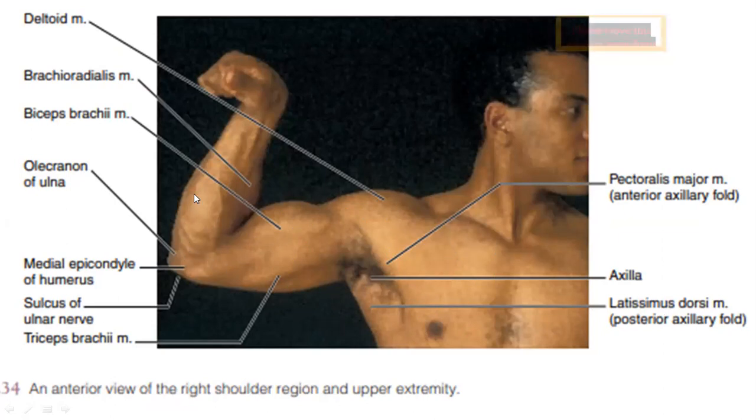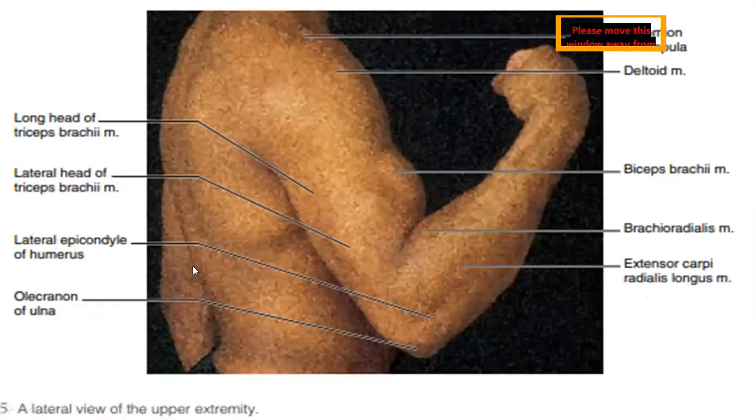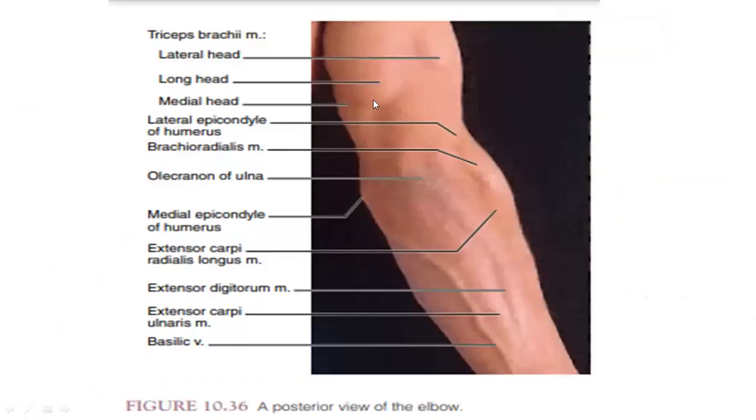The other bony landmarks we have is the olecranon process of ulna. We will try to see more clearly. Meanwhile, you try to palpate in your own body also. Again, this is the repetition of biceps, deltoid, triceps. This is the olecranon process of ulna. Extensor compartment muscles we have brachioradialis, extensor carpi radialis longus. So this is the acromion process of scapula.